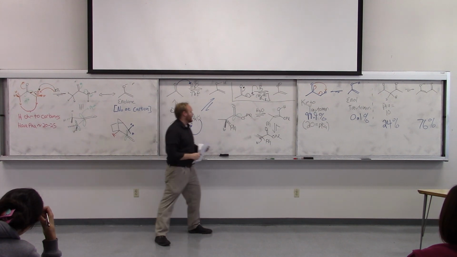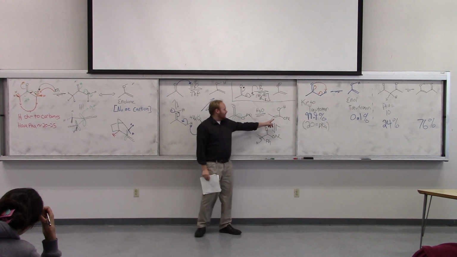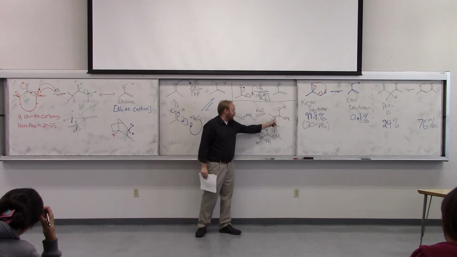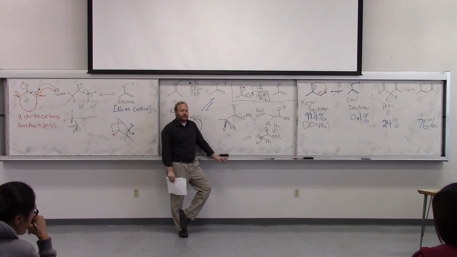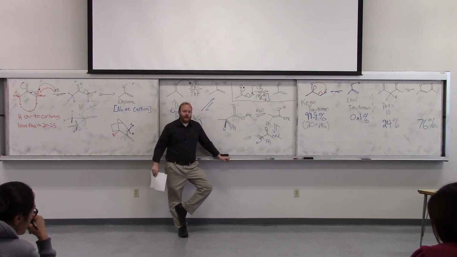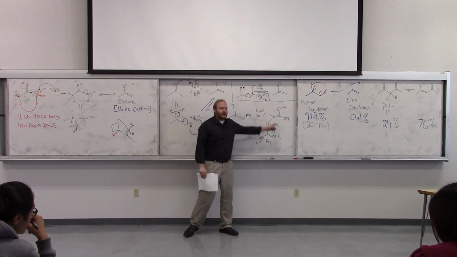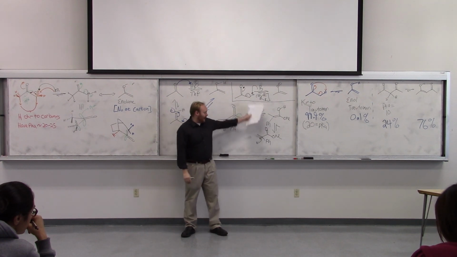You start out with something that's 100% one enantiomer, and because you destroy your chirality when you form the sp2 carbon in the enol, when you reprotonate it, the product you get out has lost that stereochemistry. So chemistry does not have a very good memory. When we go from an sp3 chiral center to an sp2, we destroyed that chiral center, and then when we go back to the carbonyl through whatever